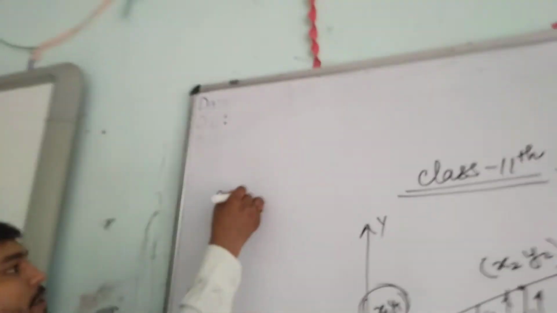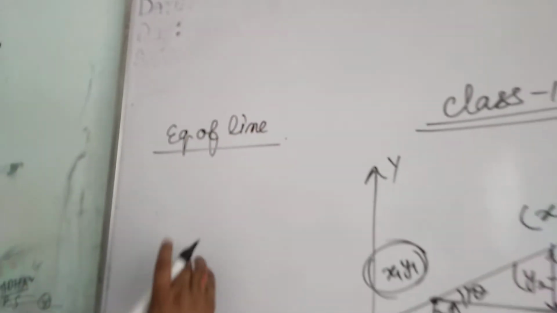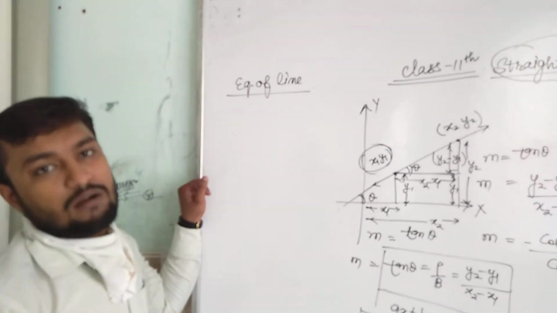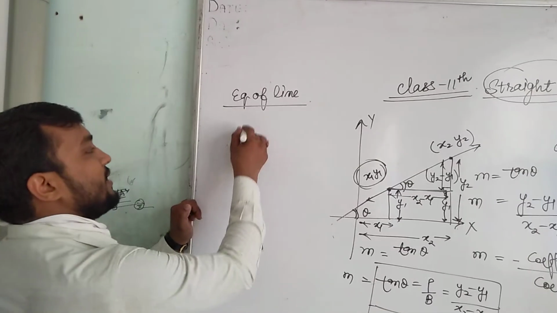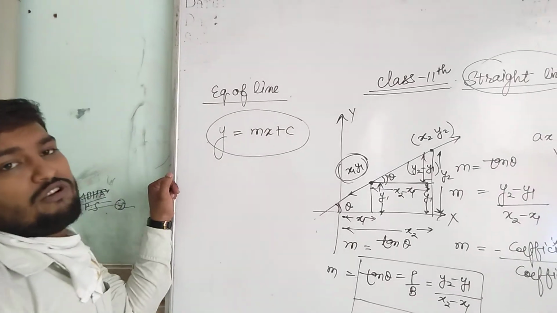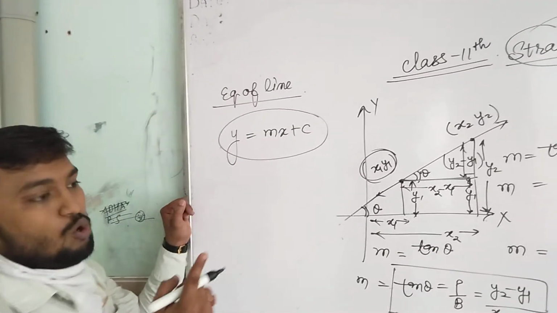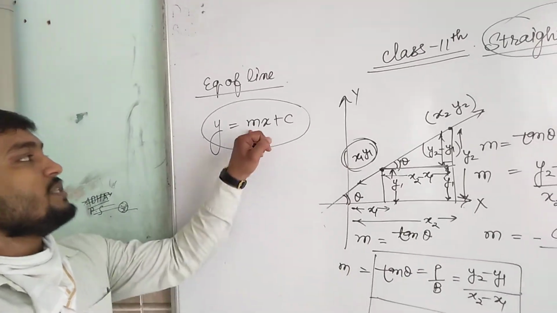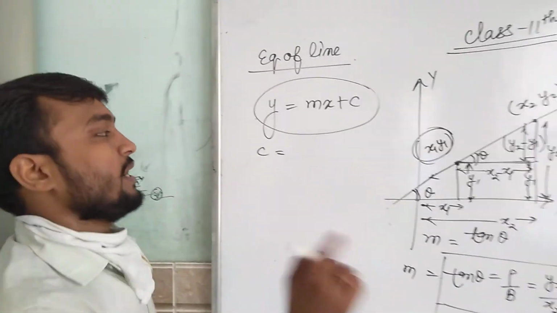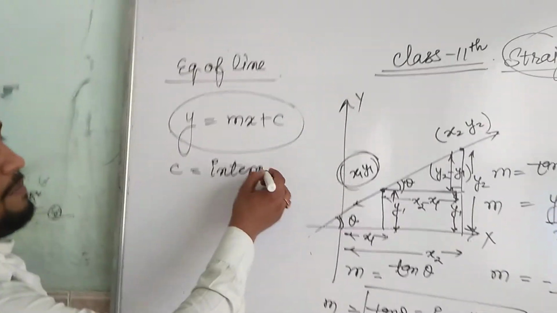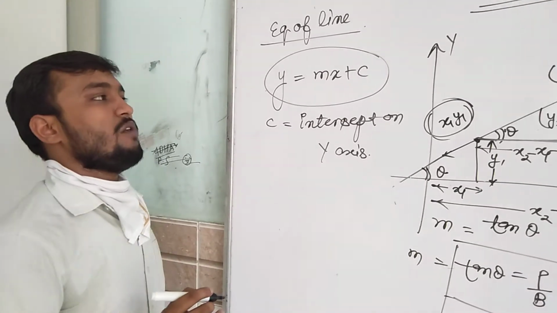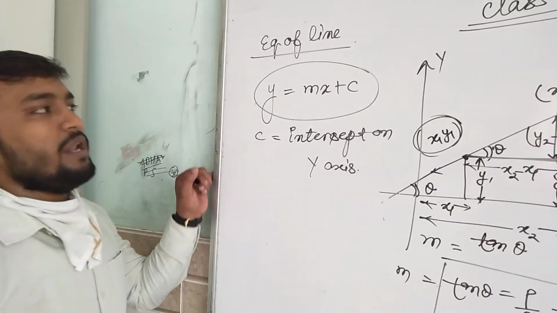Look at here very properly. Equation of a line. We have so many equations of a line, but there are some different conditions. The first equation of a line is the slope form, that is y equals mx plus c. What are y and x? They are the general points on the line. And m is the slope that I told you about here, students, which you know very well. And c is the intercept on the y-axis. This is the equation of a line in slope form.